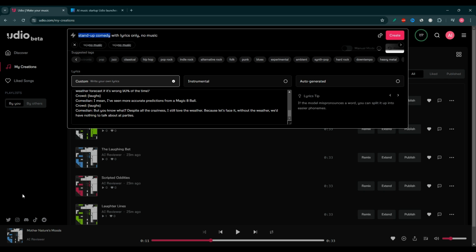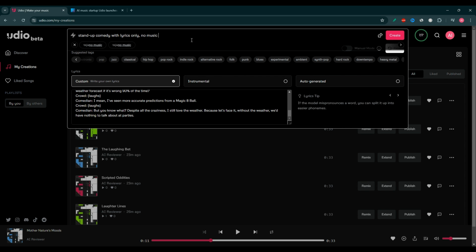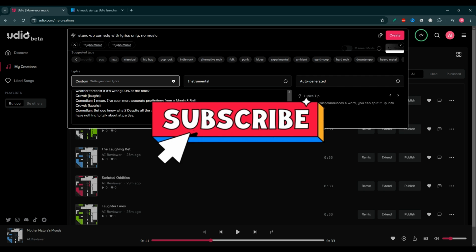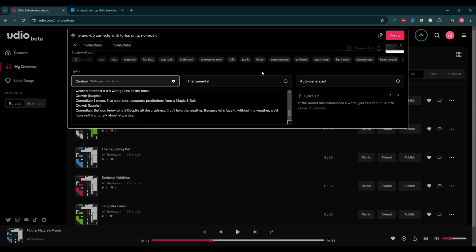Everyone's looking into it. You can really create nicely done music for you guys, including the lyrics and obviously the music itself. Okay, so there are three options. You can do the lyrics through the auto-generated LLM model, which has been integrated inside Udio, or you can do your own custom lyrics, or you can leave your music as an instrumental only. Okay, that's what I covered in my previous video. I highly encourage you to look into it.